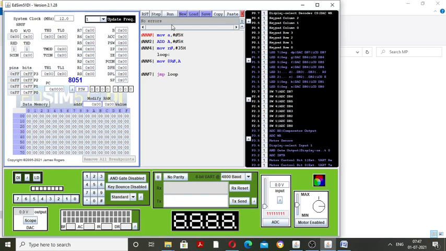So location 35 contains the result 0A. This is our first program, how to add two 8-bit numbers using the 8051 simulator, run this program and display the output.